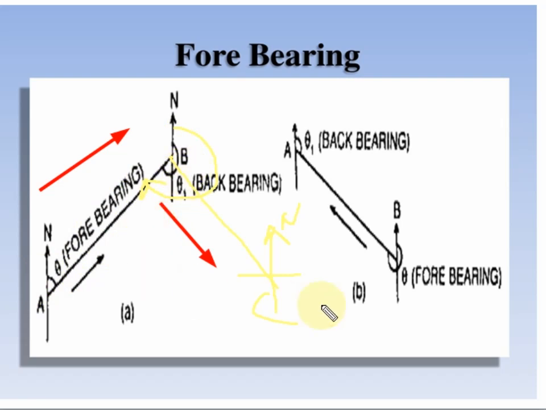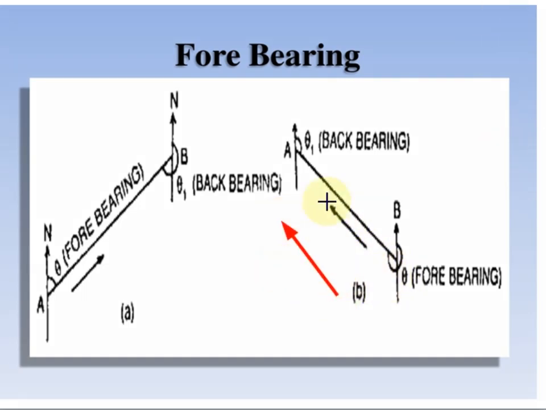Similarly, you can see here, if the direction of the survey is in this direction, you have to move in this direction. So for the forward bearing and the back bearing, let this be A and this be B. The forward bearing of line here is B to A, not A to B, because we have to move in this direction from B to A. So the forward bearing of line BA is this theta, and the back bearing of line BA is measured from the north to that survey line.